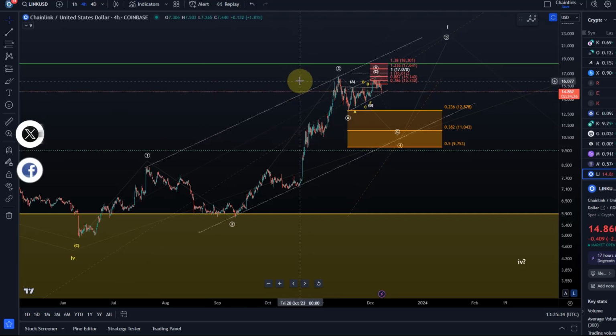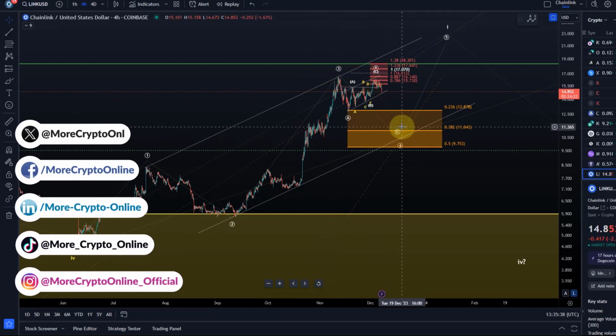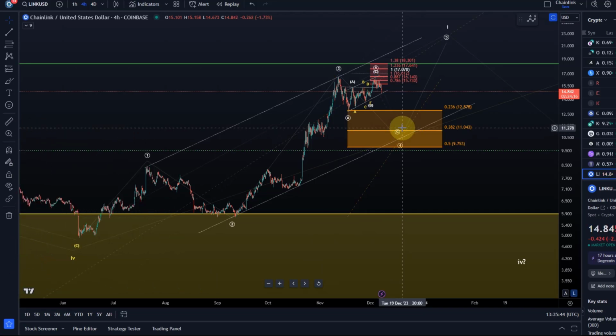On the LINK chart we have a potential top in place of that B wave that we talked about. So we might actually be coming down in this C wave. We have broken the initial level, I think it was around $15.30. I mentioned that to you in yesterday's video. However, we haven't got enough confirmation yet to fully confirm that the C wave to the downside